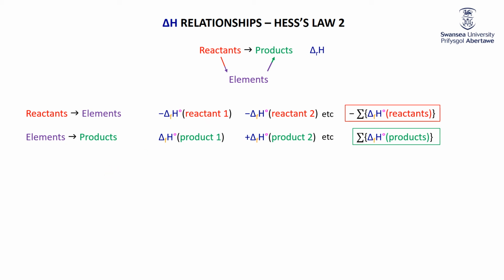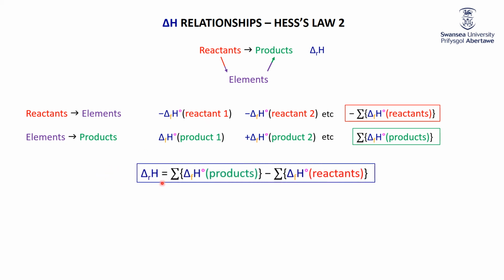In other words, a very general result is that the heat of a reaction is where we sum up all of the heats of formation of the reactants and make those negative, and all of the heats of formation of the products and keep those as positive, put them together: heats of formation of products minus heats of formation of reactants. Again, we will do a lot of examples of these in class, plus of course there are lots in your quizzes. Delta H relationships, Hess's law, extremely important. In general,